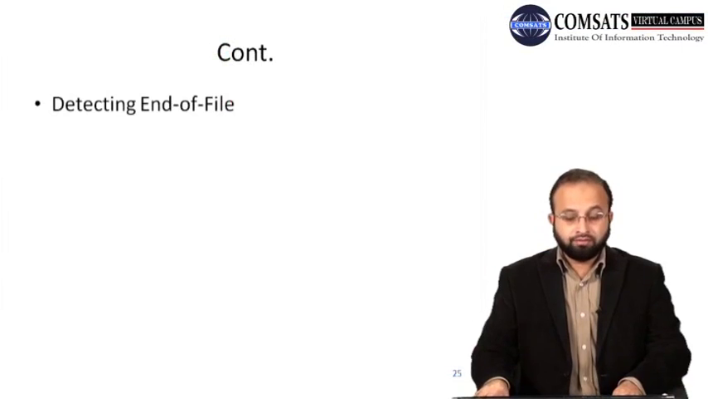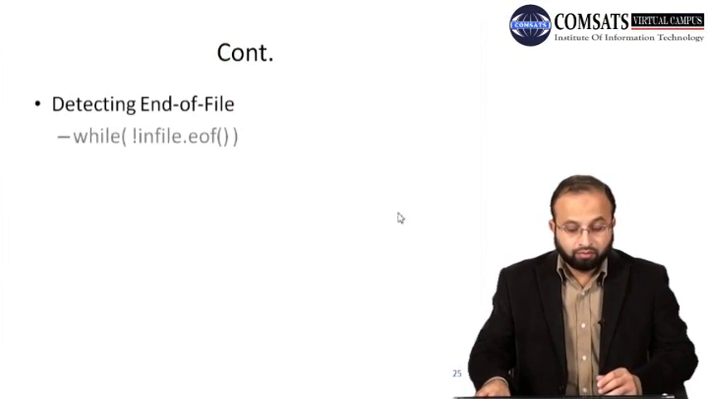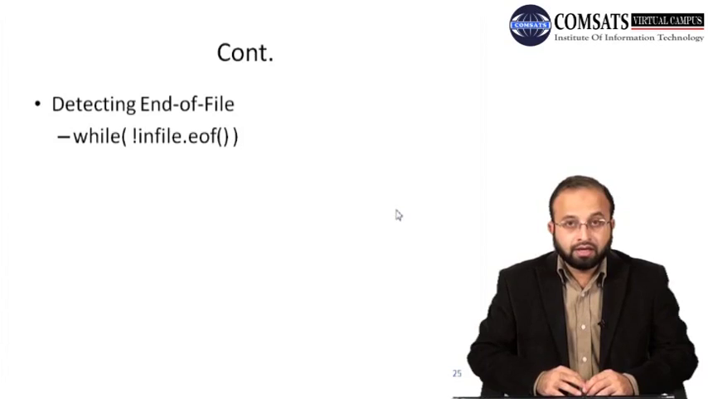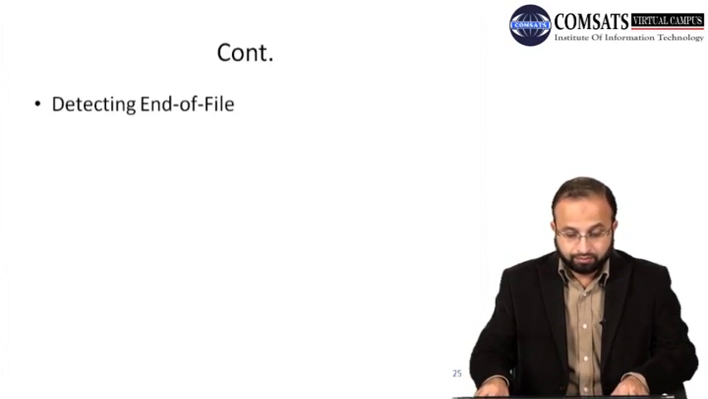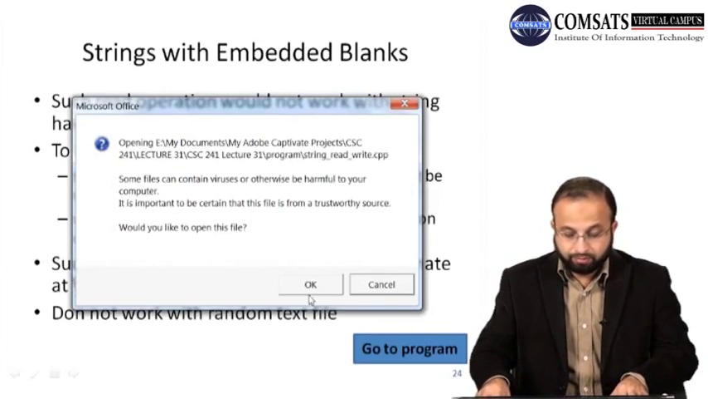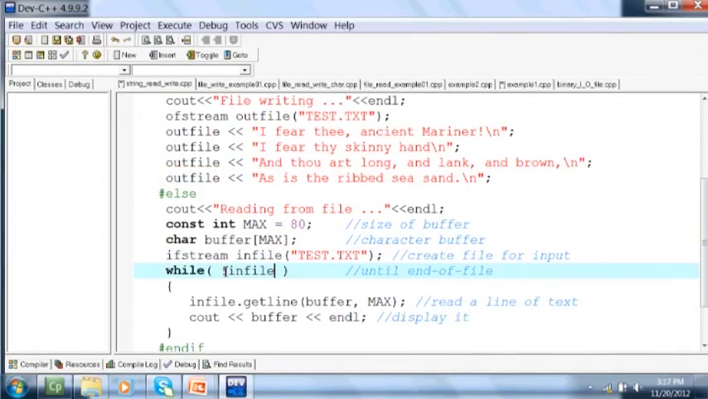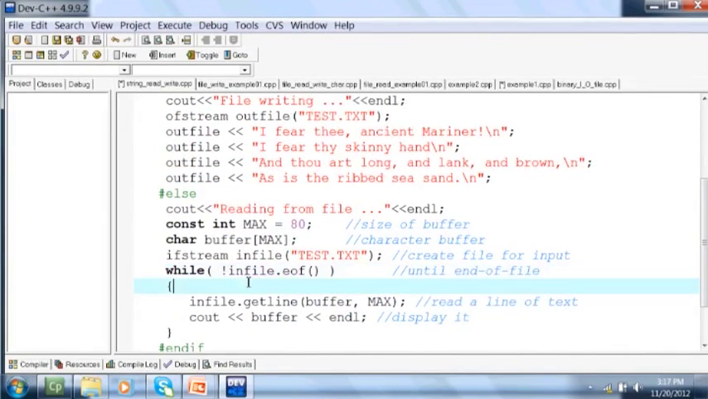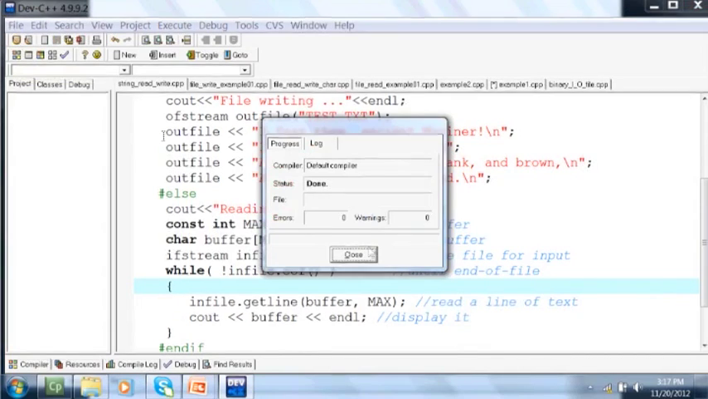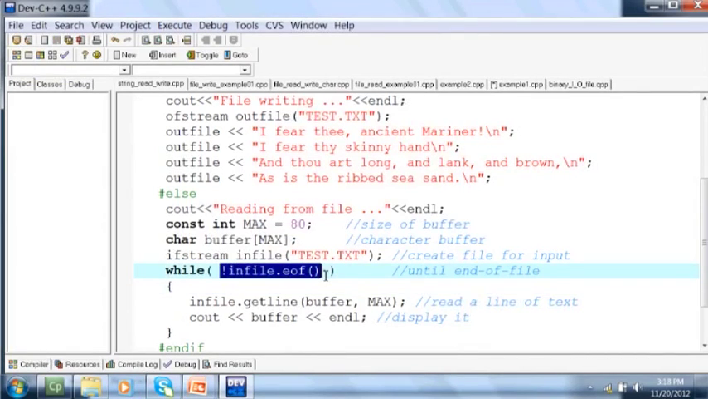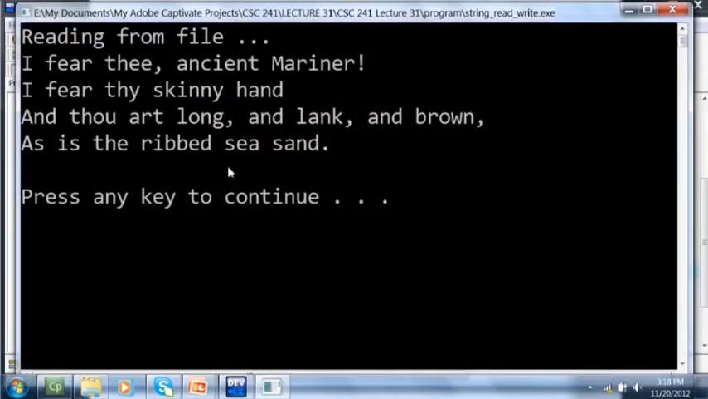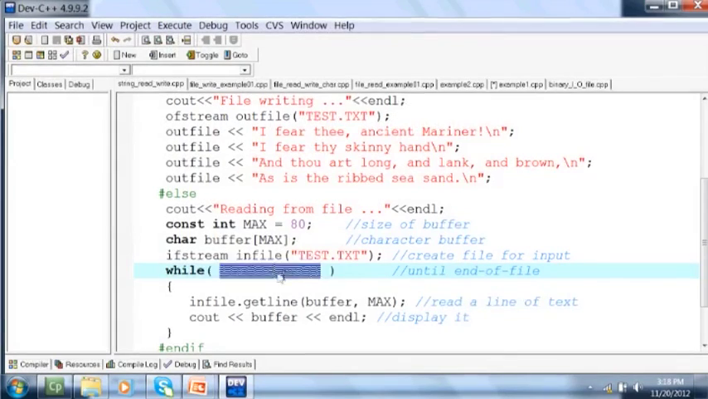Detecting end of file. So end of file को आप दो तरीके से डिटेक्ट कर सकते हैं. One is not in file.eof. If we go back here in the program, we can have here .eof. Okay, so the output will be the same, right. So if we just write even the simple stream object, the output will be the same,